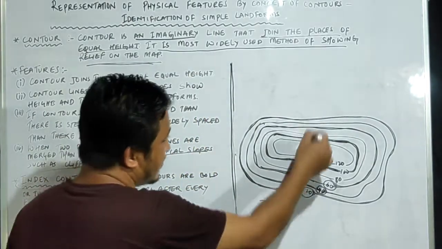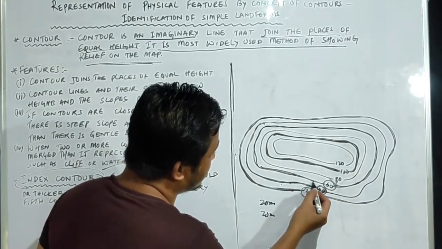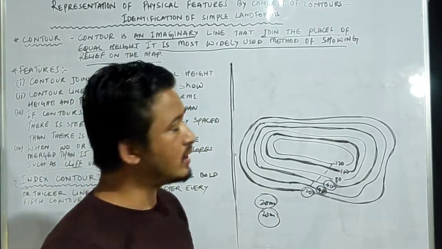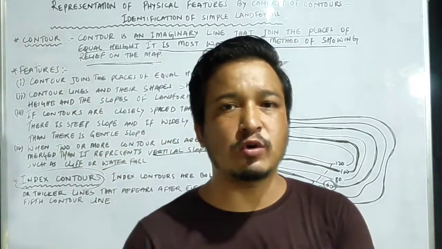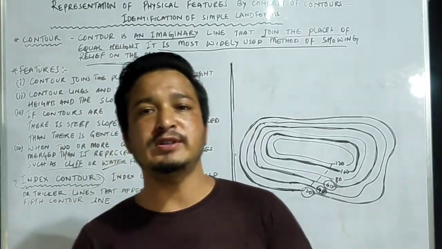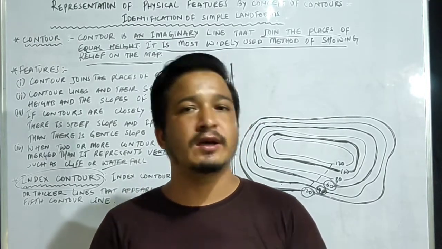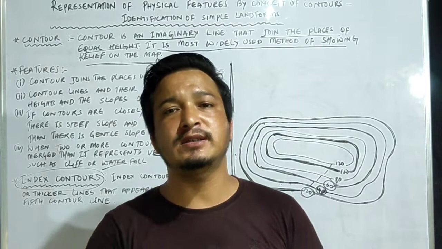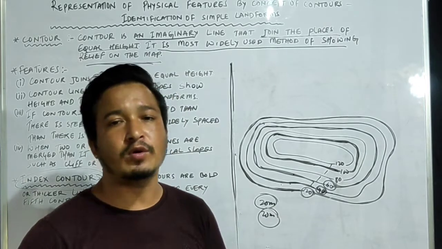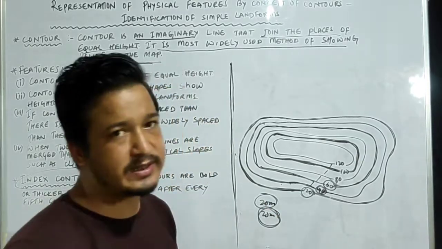Contour interval. So here you can see these contour lines have their interval, it means it has a contour interval of how many meter? Here you can see 20 meter gap, 20 meter gap, 20 meter. So it is 20 meter. Okay, so the contour interval of this topographical map, it means these contour lines is of 20. And students, on your map you can see below that topographical sheet or topo sheet, it is written contour interval is of 20 meter. So a question may ask in your examination, what is the contour interval of your sheet or topographical map, and that is 20 meter. Okay, you have to keep this in your mind.